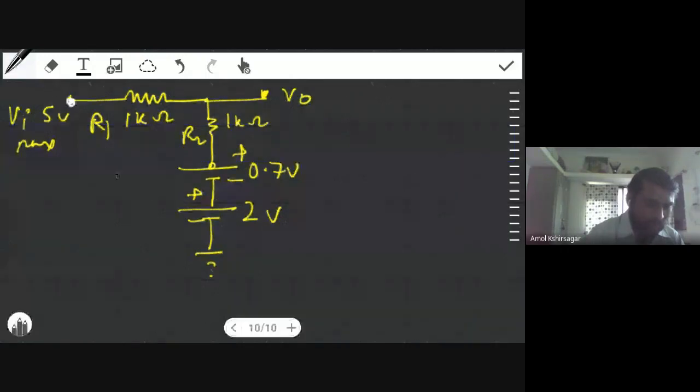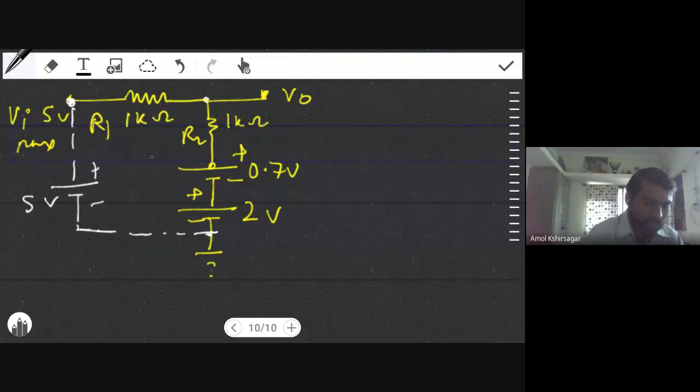So you can see the potential here is 5 volt, and you can consider it to be a battery of 5 volt connected in the circuit like this, plus minus 5 volt, and you have to obtain the voltage across it. So if I find out the current in the circuit over here and then later find out this drop over here, I can easily find out the V0 max. V0 will be maximum in this case. So in order to get it, let us solve it.